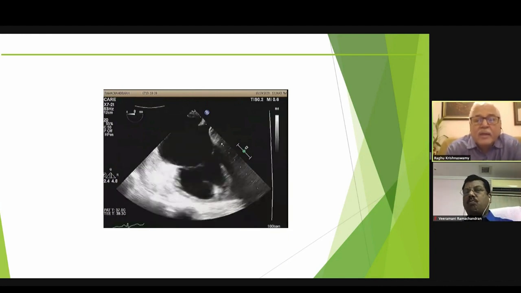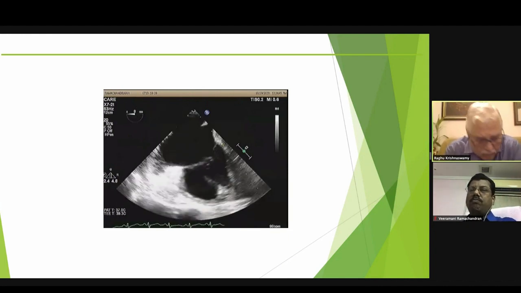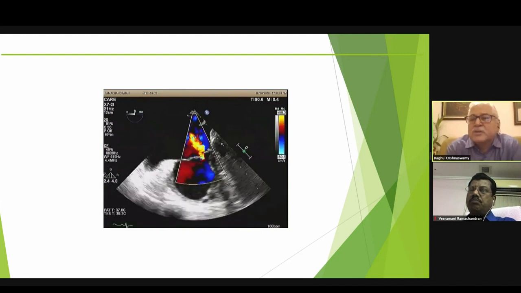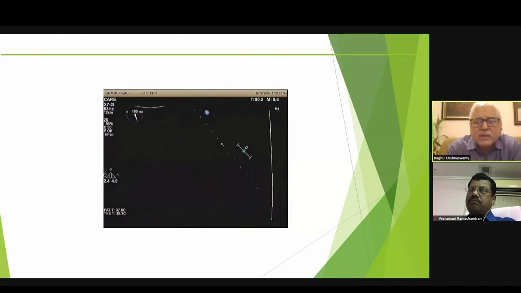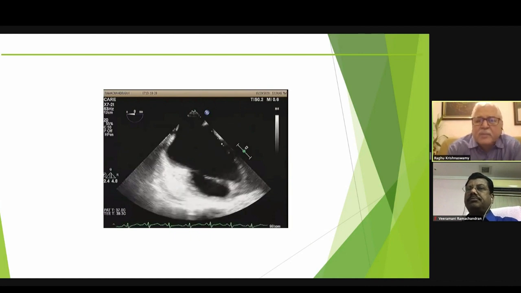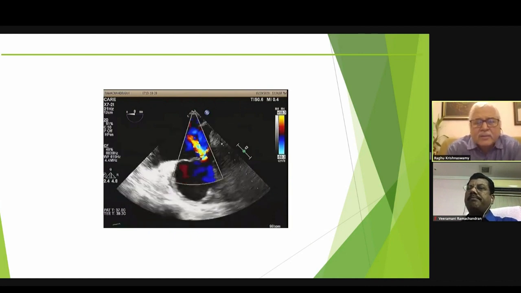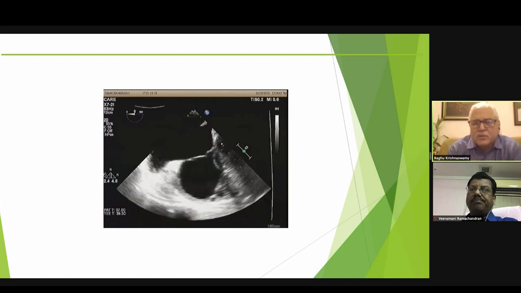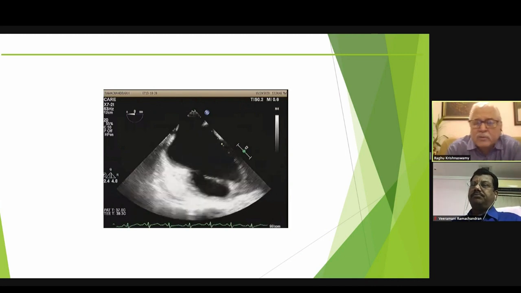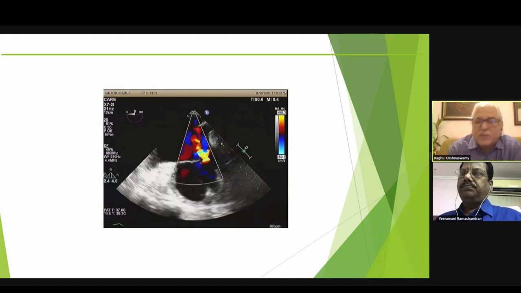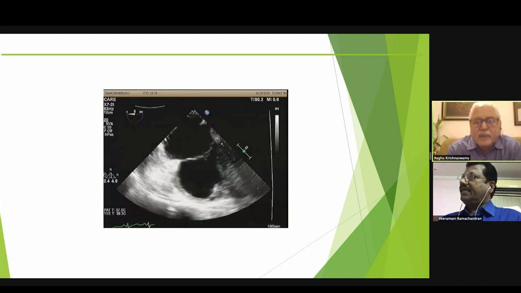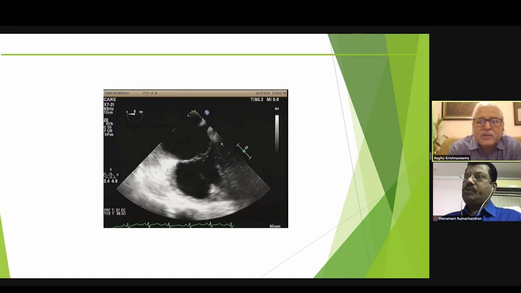Now, the next day morning, I took him up for a transesophageal echo because the thought uppermost in my mind at that particular point of time was whether I'm missing out an ASD because the RA and RV were dilated. The pulmonary pressures were not very high, and he was an obese person and the window was not particularly good. I couldn't get a good subcostal window, so I wasn't very confident that I had excluded an ASD. So this shows a moderate TR, and I've already shown you that the PA pressures were between 45 and 50.